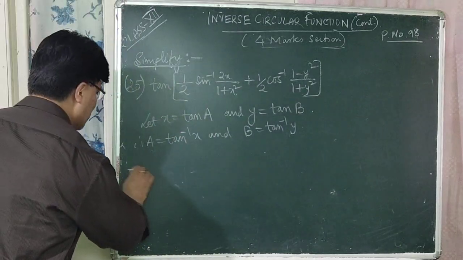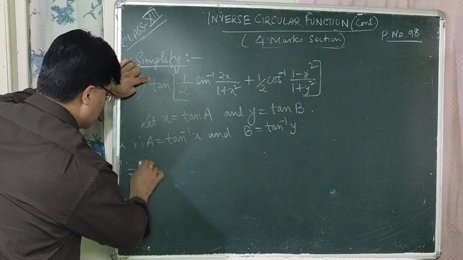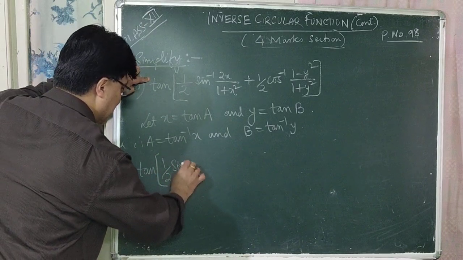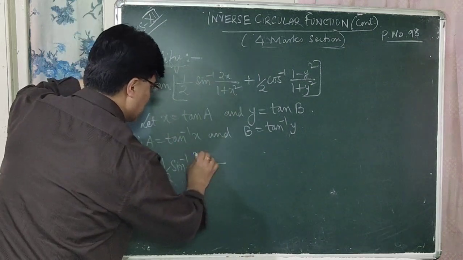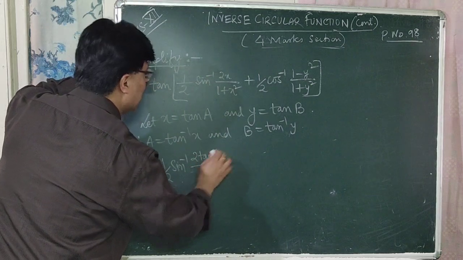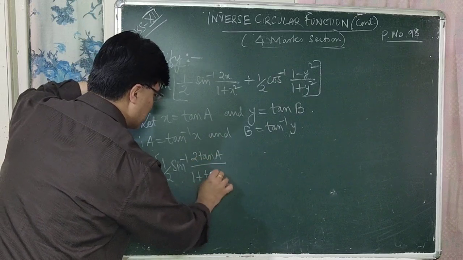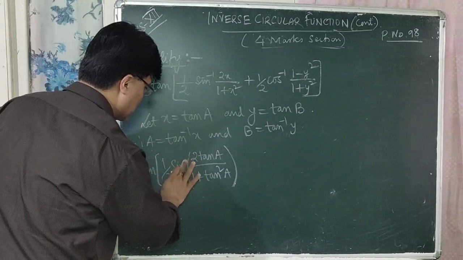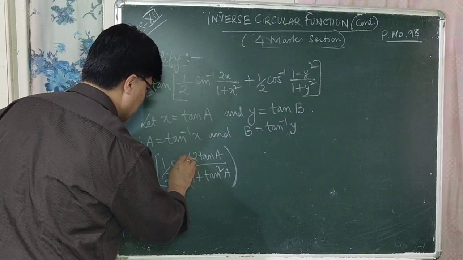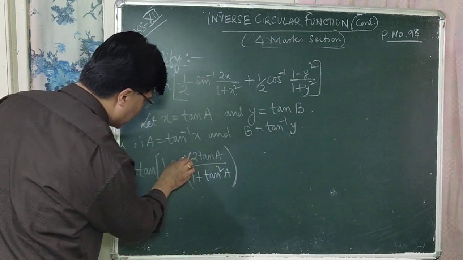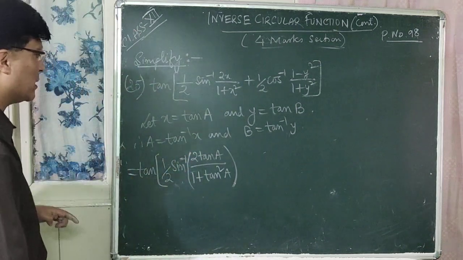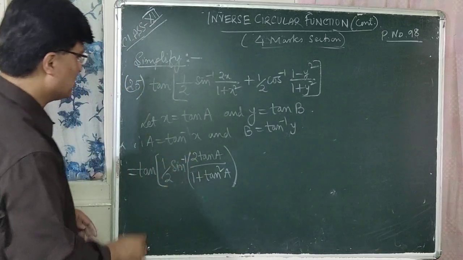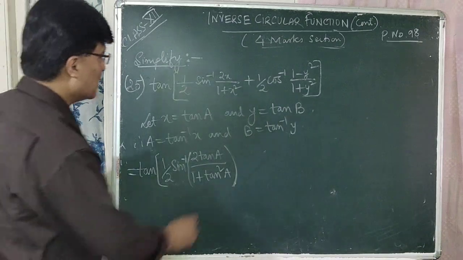So now, which is equal to? Now this expression becomes tan within third bracket half sine inverse. What is x here? We had assumed x as tan A, 2 tan A divided by 1 plus tan square A. Let us put it within first bracket, right? So this is your sine inverse, this is your sine to the power minus 1. But you cannot read it as sine to the power minus 1. It is read as sine inverse, okay? Is that clear? Next one is plus half